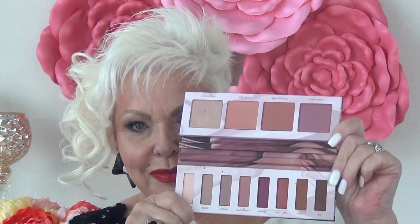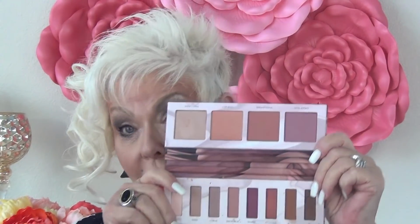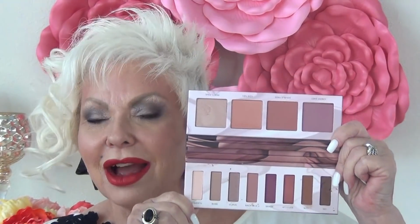Close up, okay, you girls? Look at that palette. These are all the colors on the bottom. Then you've got blushes. You've got highlights. Oh my God, they're gorgeous. The blushes are to die for. I'm just telling you, nothing else. Get it for the blushes. It is the bomb. But look at those colors. Now, clearly, it's a cool palette. Sure it is. But you know what? I'm going to be trying these out this week, and I just want to show you